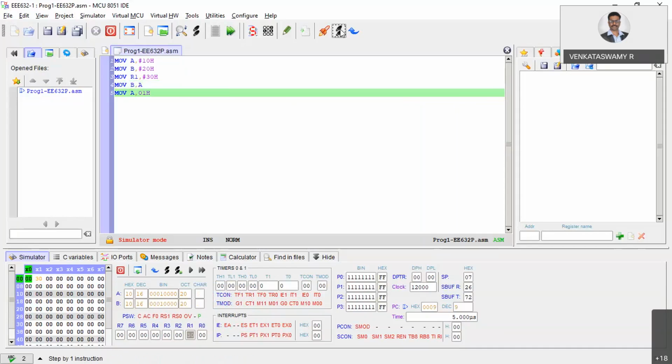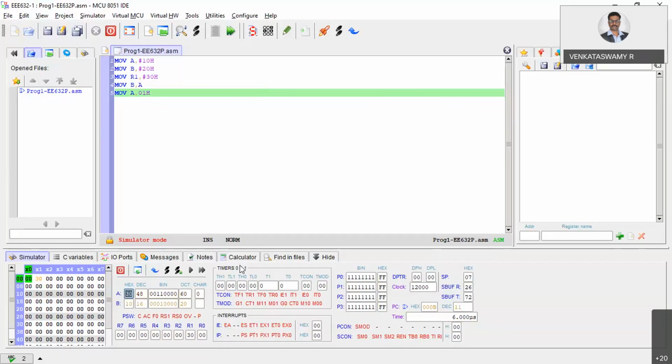So now what happens? Of course, A content was 10. 10 came to accumulator also. I mean B register, it's reverse. Now run this instruction again, A comma 01. Now what happened? Can you guess? See here, 30 came to accumulator. From where it came? R1 was holding 30. The location of that R1 is 01 address. From the 01th address, whatever content is there, that content is moved to accumulator.